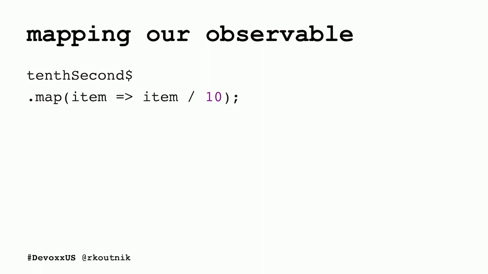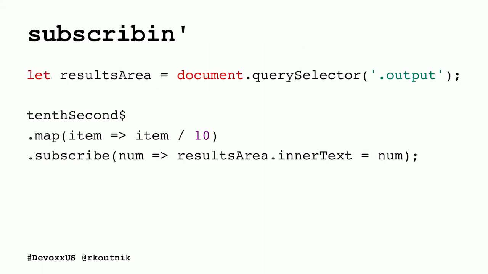So we need to subscribe. Say, hey, I'm actually going to do something. And this is an incredibly common pattern if you're ever in the UI space: do all of your business logic in the observable, get the source value, manipulate it however you want, and then finally, in the subscribe call, put the value on the page. So here we're just setting it on inner text and plopping it there. We don't care too much about frameworks or doing things correctly, because this is an incredibly trivial example.